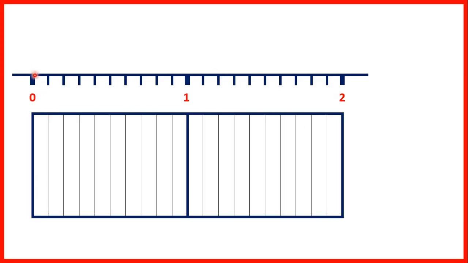So here we have a number line with 0, 1 and 2 labelled. Now to get from 0 to 1, we have 10 lines, which means that each of these lines stands for 1/10. Below, we also have two big rectangles, and each rectangle is split into 10 pieces, so this will help us count in tenths. If we shade one of our pieces on our rectangle, we have 1/10, and as a